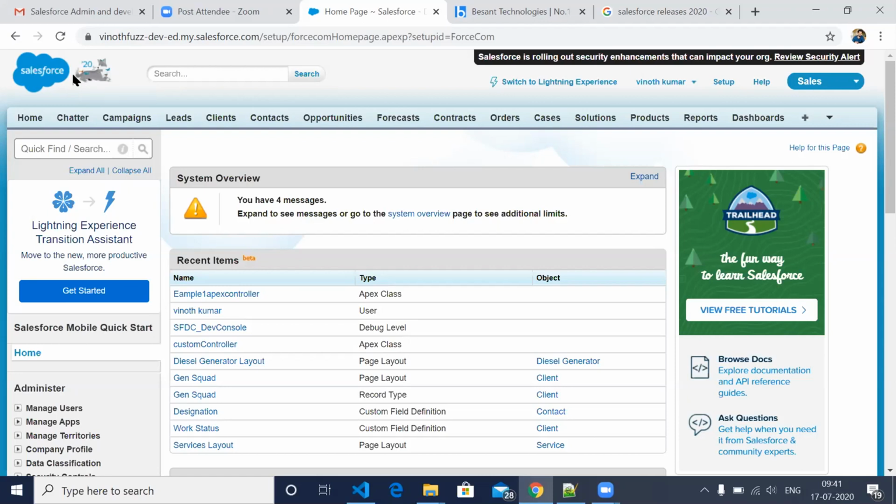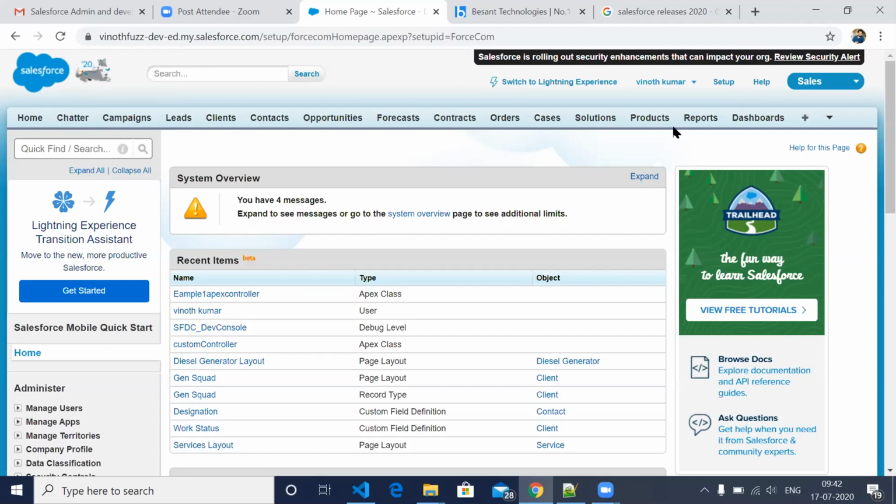So this logo keeps changing. It depends on this. You can say which version is going on in Salesforce, because this symbol will change.